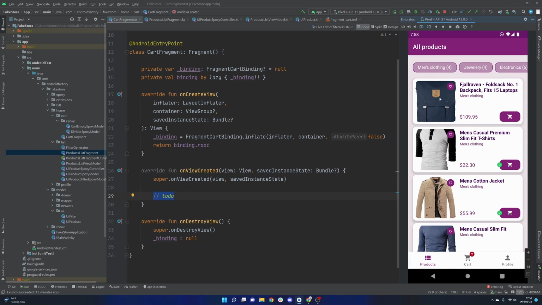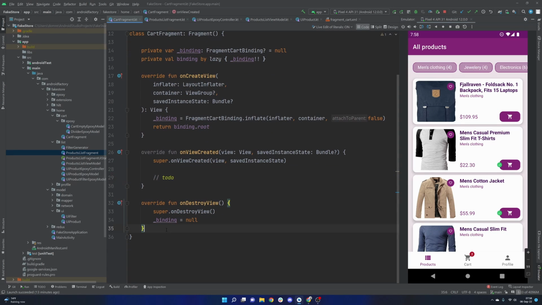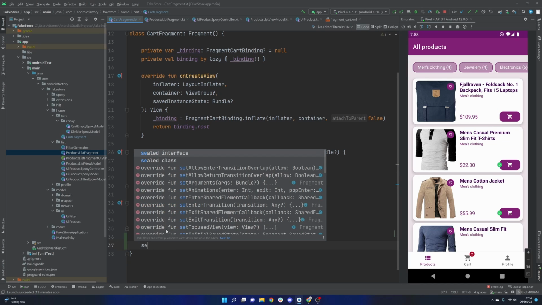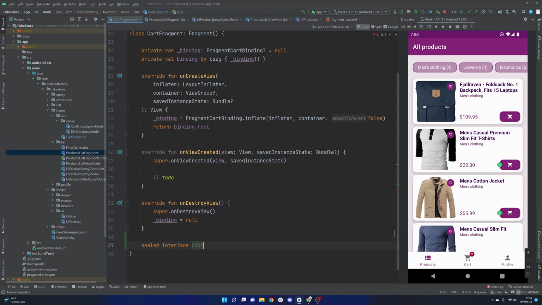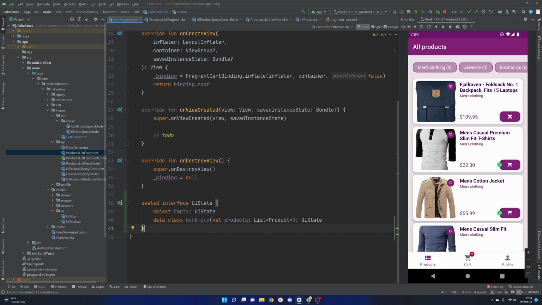It doesn't really have the loading state that the all product screen has because we are not doing networking in that perspective. So I'm going to say let's start with a sealed interface for, again, our UI state. Pretty straightforward, we're going to create a sealed interface named UIState, and we're going to have our two different states in here. We have the empty and the non-empty state. We don't really need anything for the empty state, and then in the non-empty case,